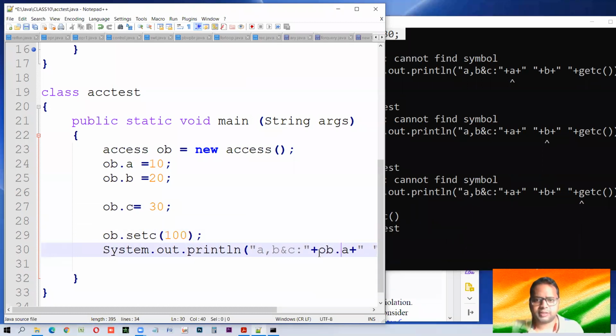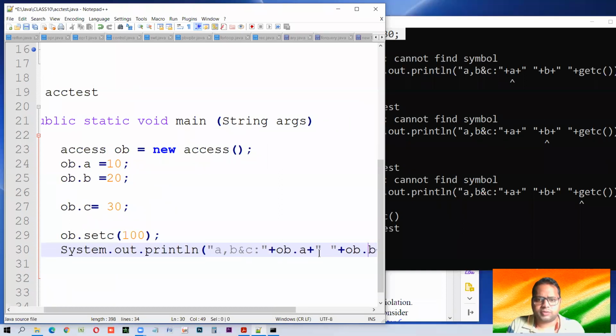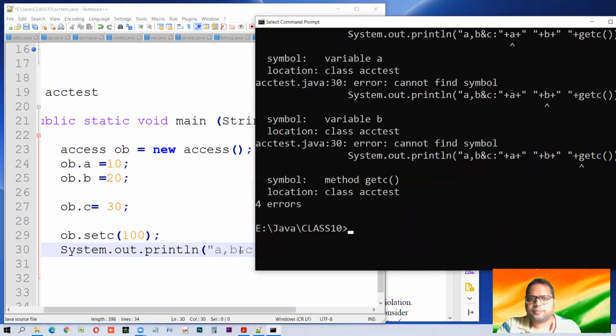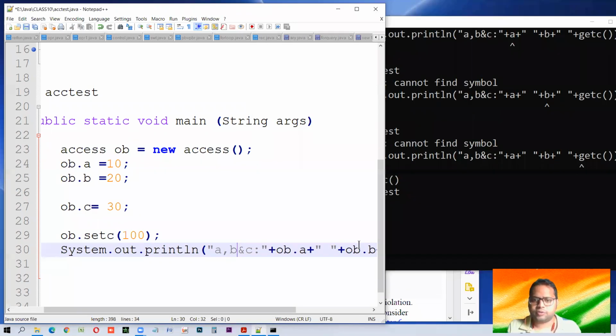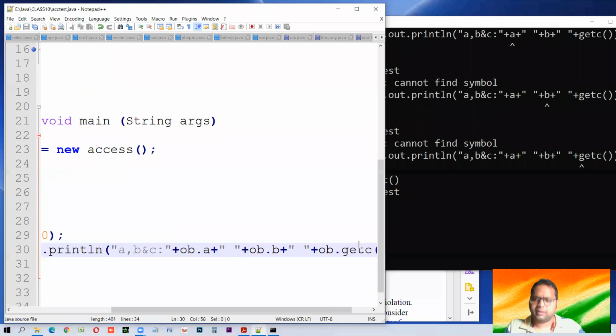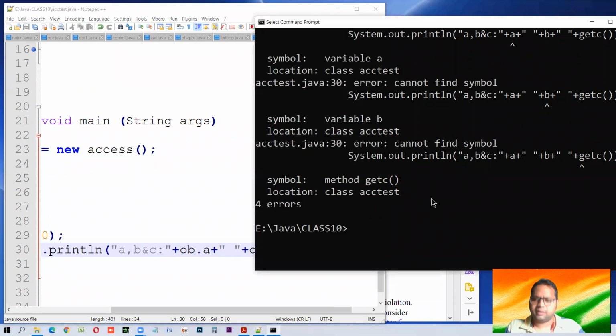We have to use it like this because A and B are not local variables that you can use like that. But if you wish to use the variables of an object, then we can use it like this. Of course, this error is also there because it cannot find getC. getC is not a function by itself; we also need to call getC using the object. In a hurry there was a mistake, and this mistake lets us understand things in a better way.